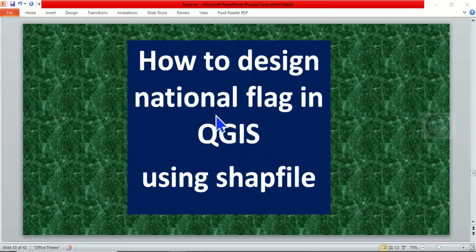In today's tutorial, I'm going to show you how to design national flag of any country in QGIS using the